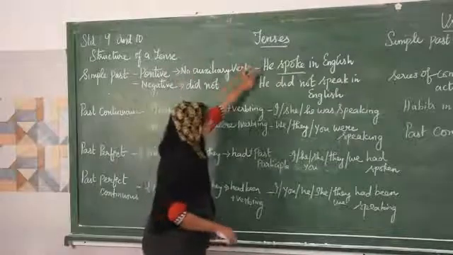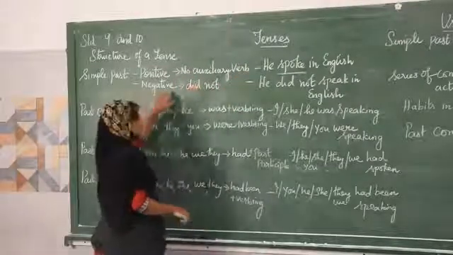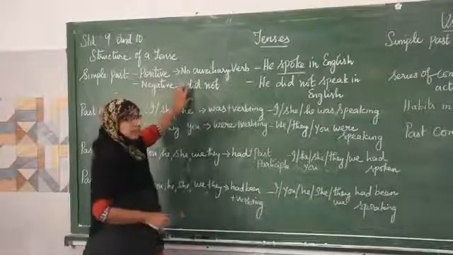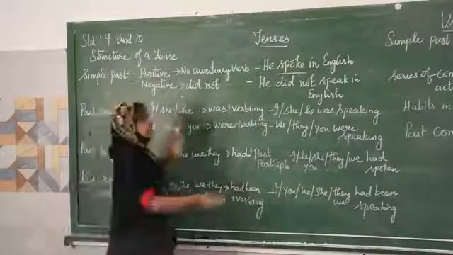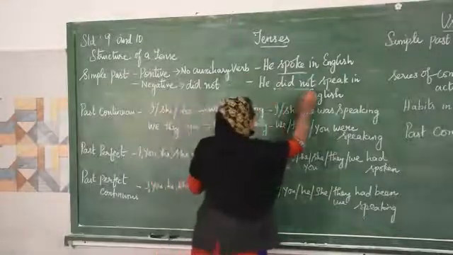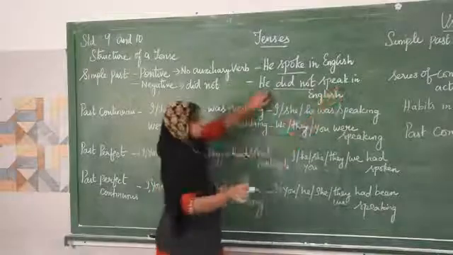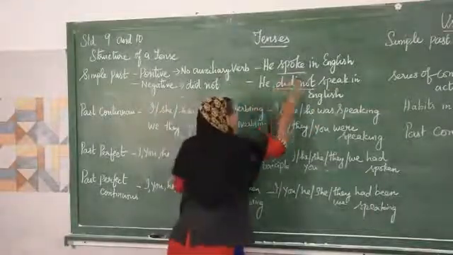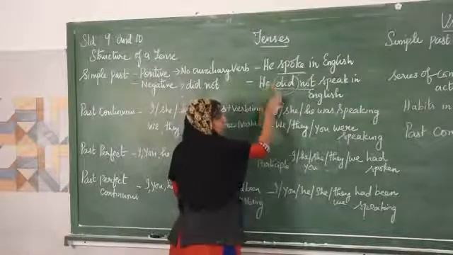When you are changing this into a negative sentence, you need to add an auxiliary verb. Which auxiliary verb will you use here? What is the past form of do or does? It's did. So spoke is changed into what? Did not speak. And you have to remember, whenever you are using did, it is the past tense of do, it is already in past tense.